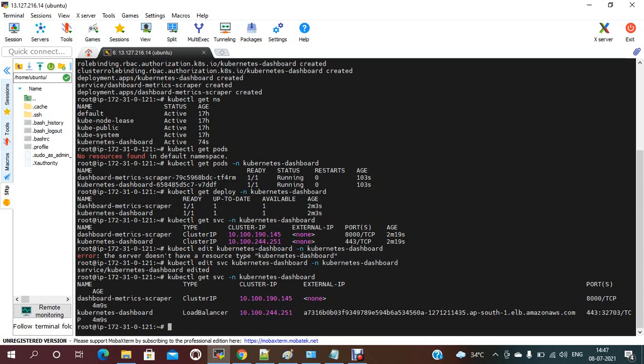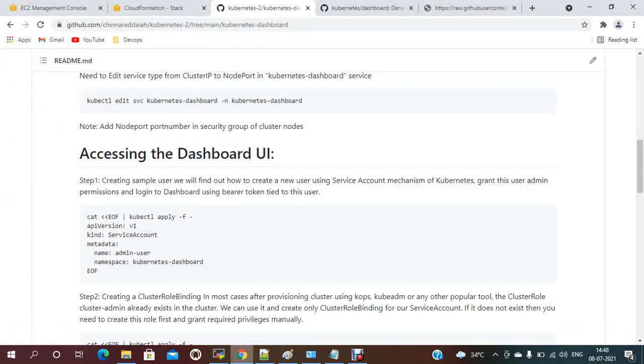You need a service account. Under the service account you just need to create a user and provide that permission. Same like here, we have to create a role and attach that role to the service account. Let me show you. To access that, create a sample user.